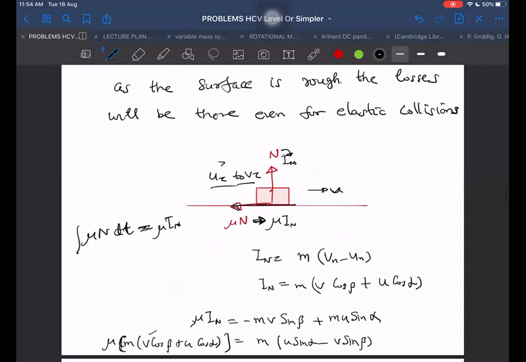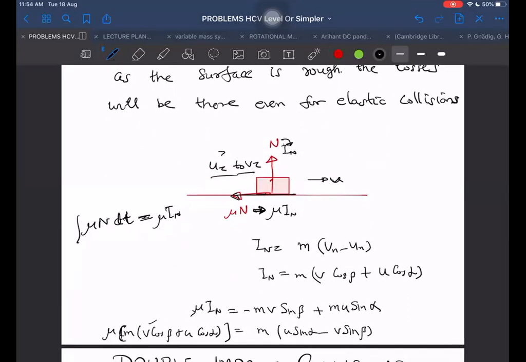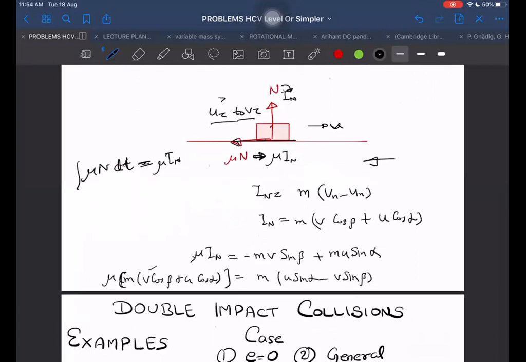Okay, here mu I n is equal to minus m v sin beta, you have written as well. I took left hand side as positive, and I want to write final momentum minus initial momentum. So both momentum initial as well as final were negative only, because I have taken left hand side as positive. Mu into I n is on the left hand side, and that I have taken positive. Left side direction is positive, and right side I will take negative now. P final minus P initial.